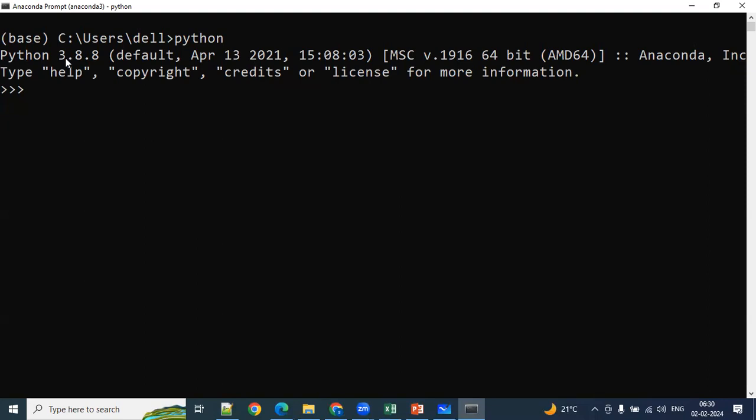Install that software only. Even our PySpark and Databricks work will run easily with this edition, because in the backend it uses Python 3.8.